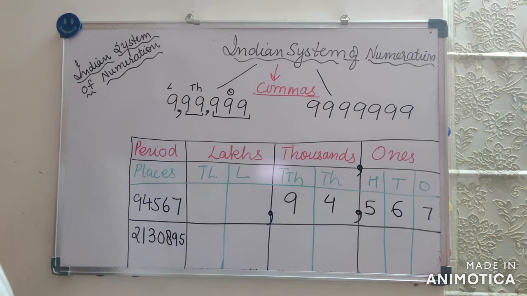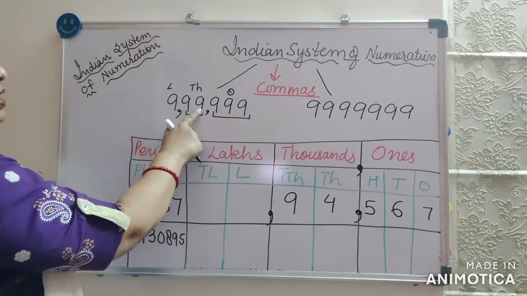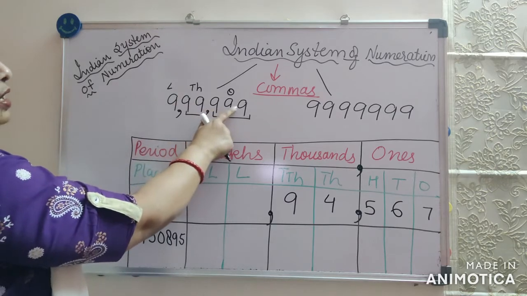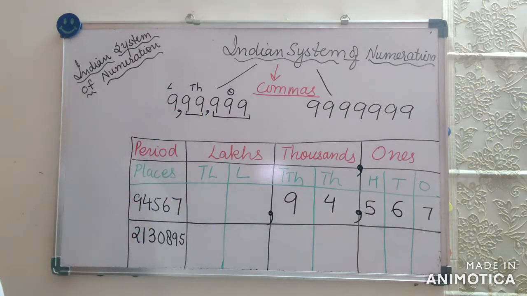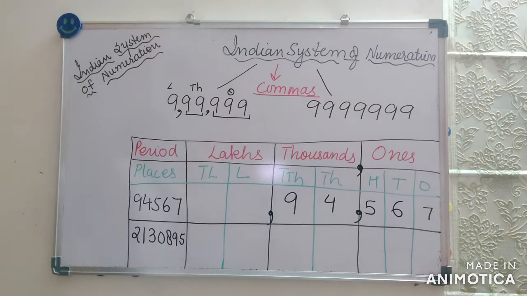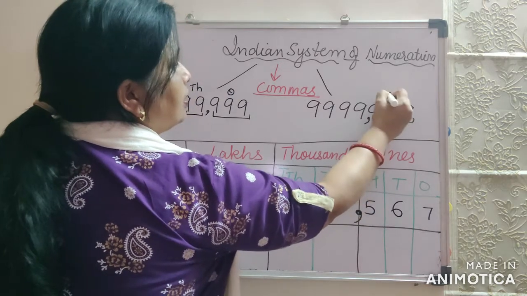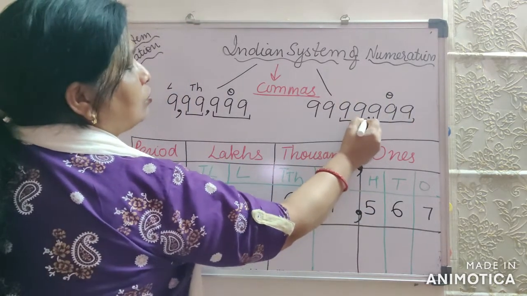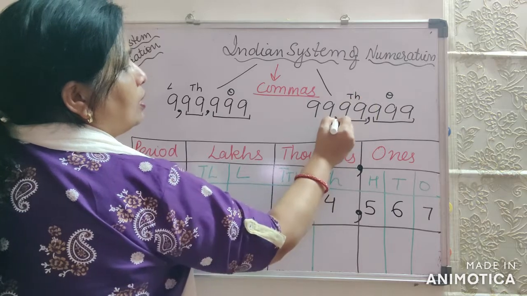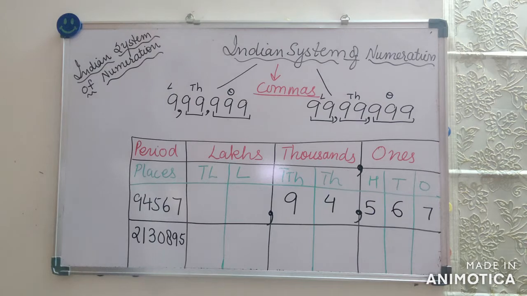Now, you see, it is very easy for you to read the number now. It is 99,999. Isn't it? The next is here. It is a 7-digit number. Again, the first comma will come. To separate the period, separate the ones period by putting a comma. Now there are 2 places in thousand, so put the comma here. Now there are 2 places in lakh, so put the comma here. Now you can easily read and write the number after putting the commas.